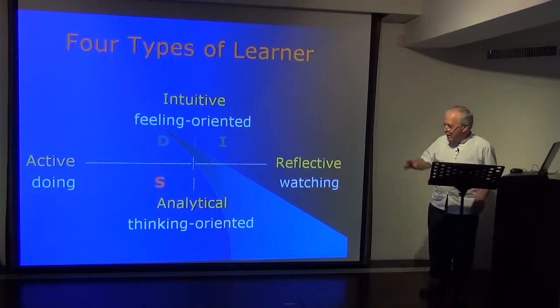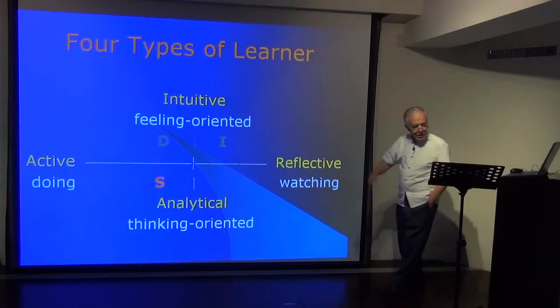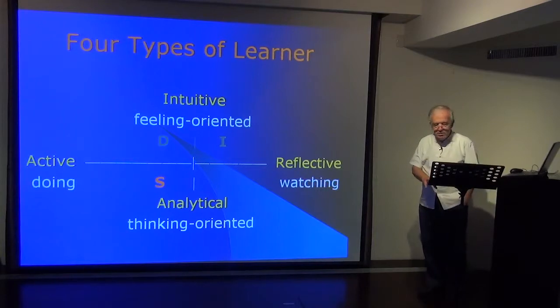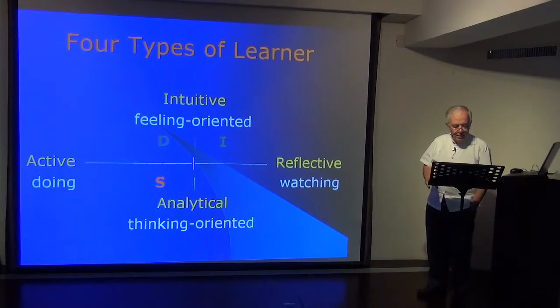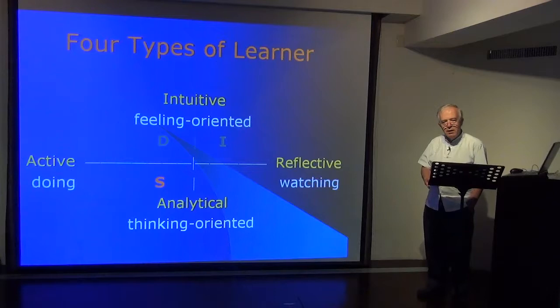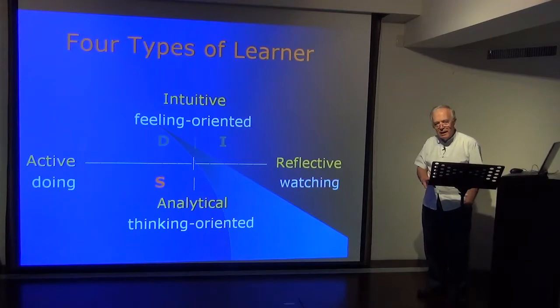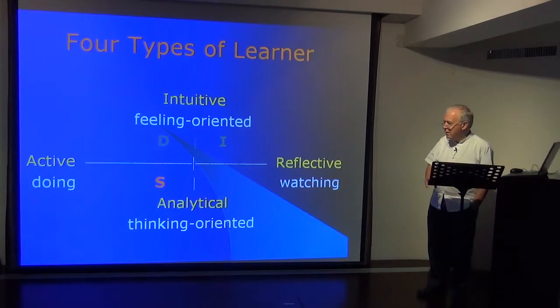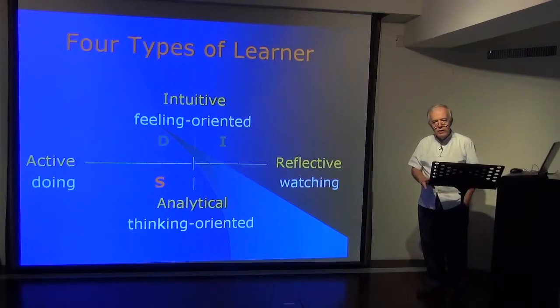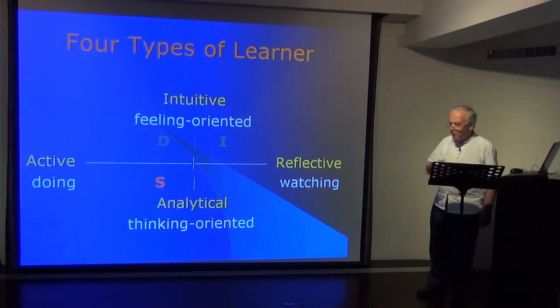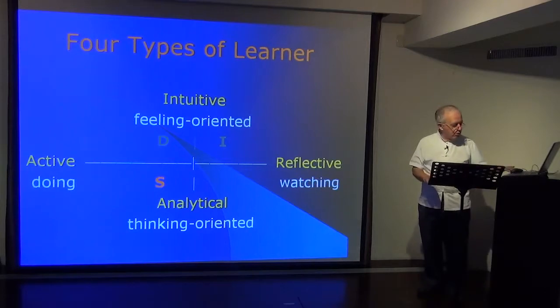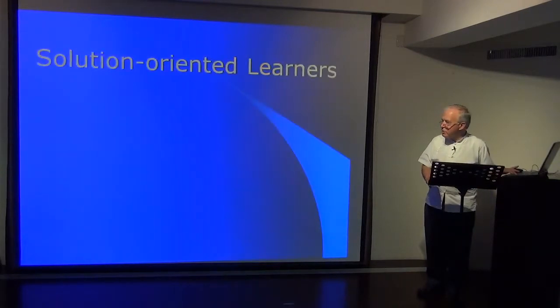Now let's look at the next one, the high S. I'm going to call out some more numbers. 3, 7, 11, 15, 19, 23. I'll say it again. 3, 7, 11, 15, 19, 23. If you had 5 or 6 of those, then you're a high S learner. What does this mean? They're very